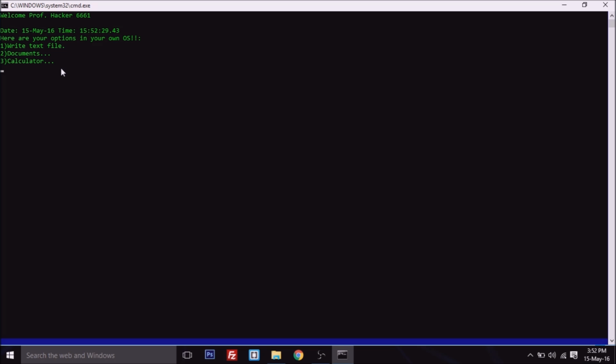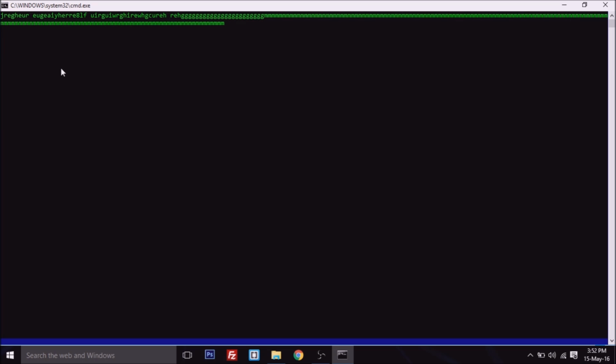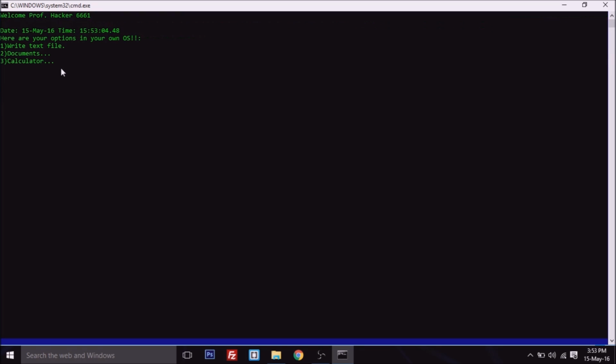Let us make another write text file, and we'll give it a name as a test file 2 and hit enter and type anything again randomly, and let us type something long in this thing. We cannot press enter, we'll have to wait for it. So let us end it here, okay, and then press enter. Okay, so we have made two text files,